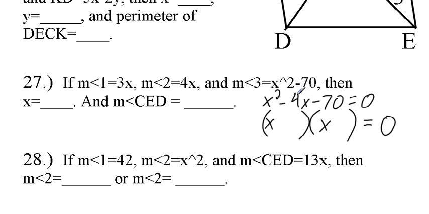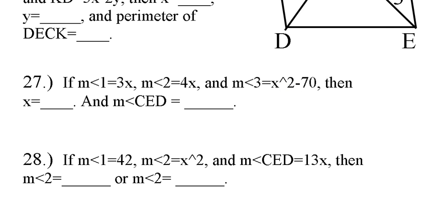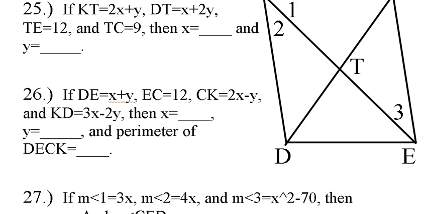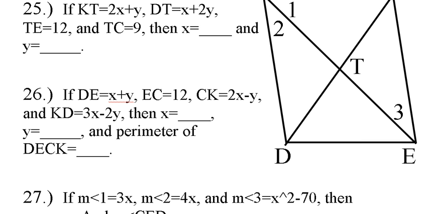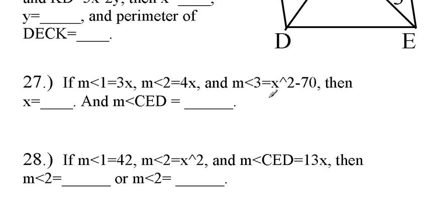I just realized that I had that set up wrong. I mislabeled it. Sorry about that, but the way it should be labeled is this was 3x, this was 4x, and this is x squared minus 70. So when we solve it, it's 3x equals x squared minus 70, not 4x equals x squared minus 70. So then we get x squared minus 3x minus 70 equals 0. Not much different from what I had there, but it makes a big difference when you're going to try and factor. So when I give myself some more space here, it should be x squared minus 3x minus 70 equals